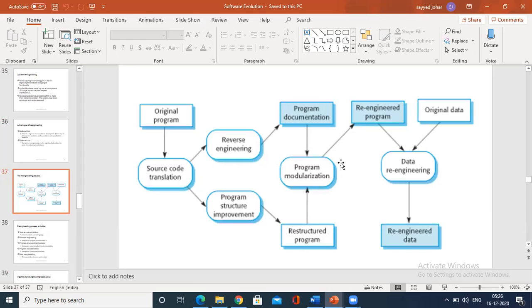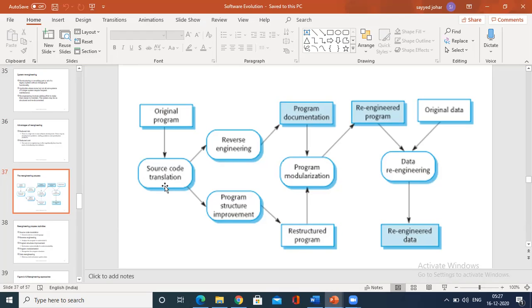The input to the process is a legacy program, and the output is an improved and restructured version of the same program. We are going to get the re-engineered, restructured program, whereas the input is a legacy program.